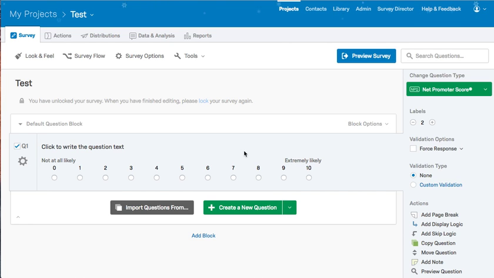So somewhere in your survey you would have an NPS question and you want to show a different end of survey message to your promoters versus your passives and detractors. So you can have as many different end of survey messages as you wish, leading different people to different messages depending on how they answer. But if we do want to just have two different end of survey messages, we would do this by